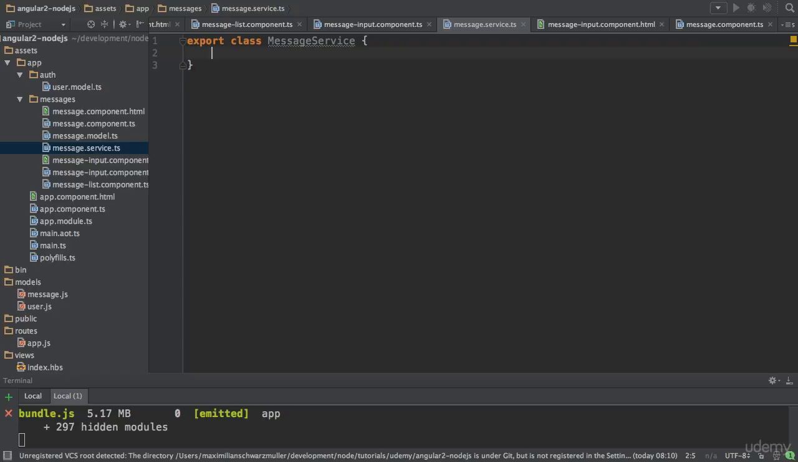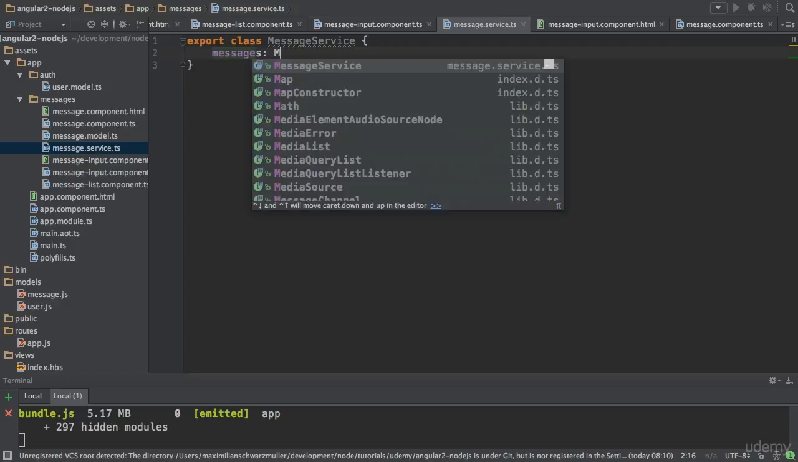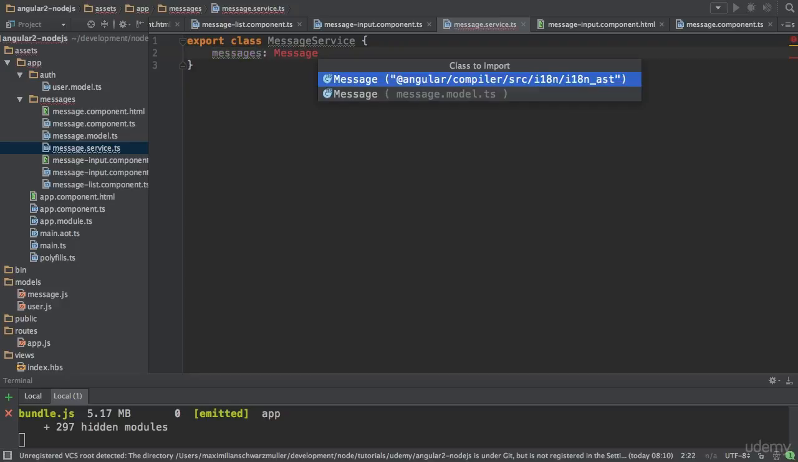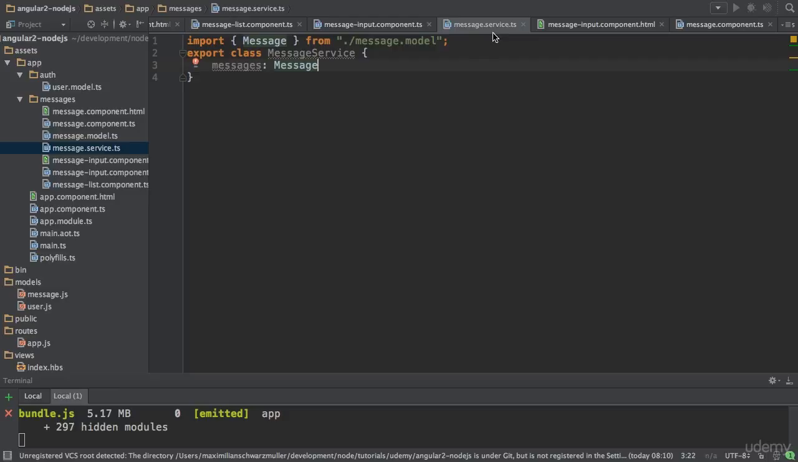Now, in this service, a very important thing which I want to have is my array of messages. So this will be of type Message, which needs to be imported from /message.model, so my own model here, of type Message array. And it will be an empty array, let's say for now. So this is my central messages array, which I will soon use to store and manage all my messages in